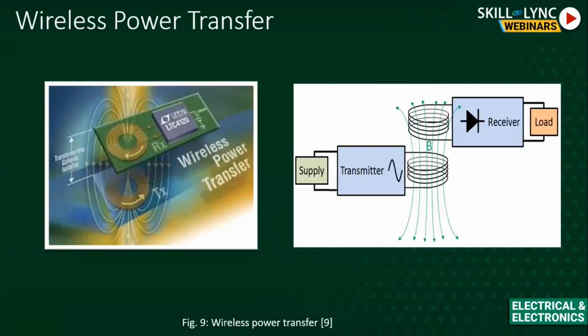Then the next is wireless power transfer. This is not a new concept, but again it has come into research at a very fast pace. 100 years ago, people had suggested this way of transferring power, so that the resistance of the entire power line can be avoided, and the transmission losses and the distribution losses will be almost negligible. But it could not be implemented on a larger scale; big countries cannot be fed through wireless power transfer. Now again, a lot of research is going on.